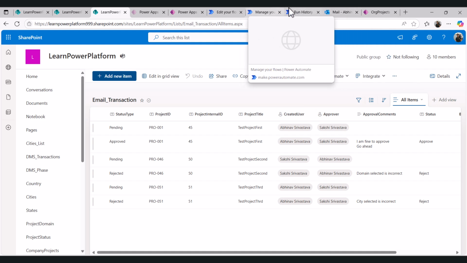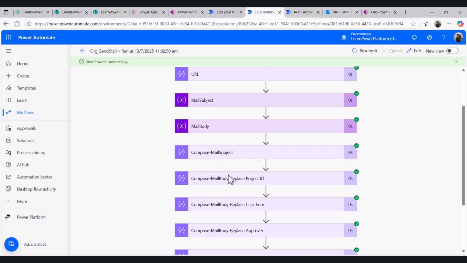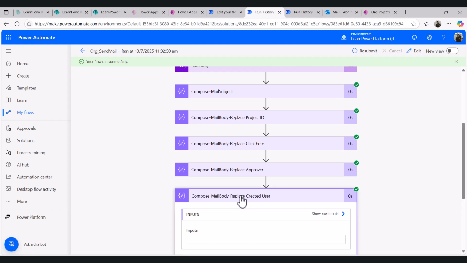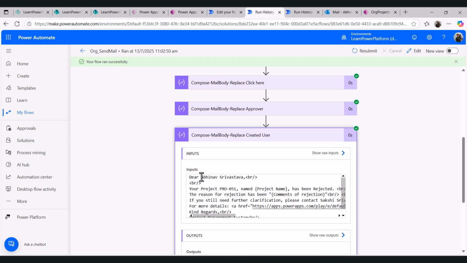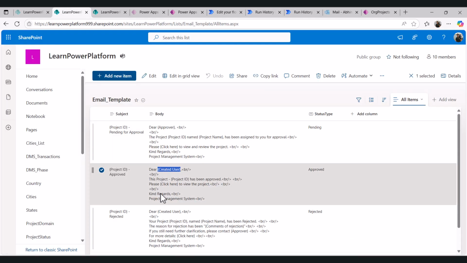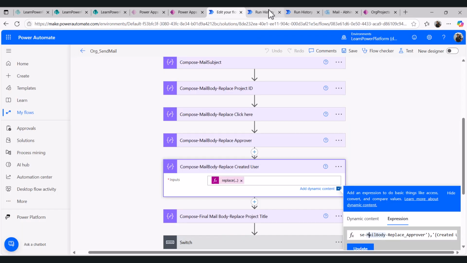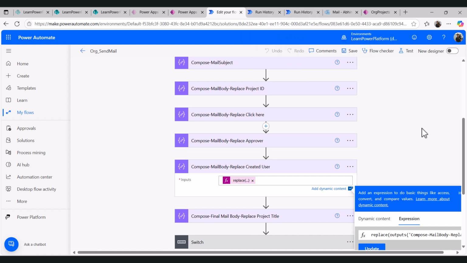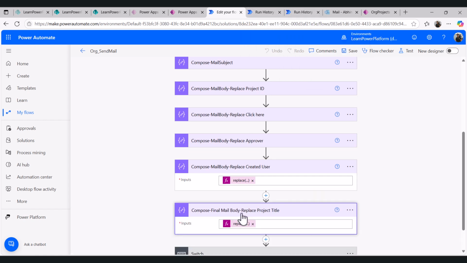Now if we see the output of this flow, you are seeing that in this replace created user, dear Abhinav Srivastava, your project name this has been rejected, right? As you are seeing in this email template, for rejection we will be using this row, project ID rejected, dear, and this created user has been replaced by the actual created user. Hope it is clear. So now we will move to the next action, and the next action is the last